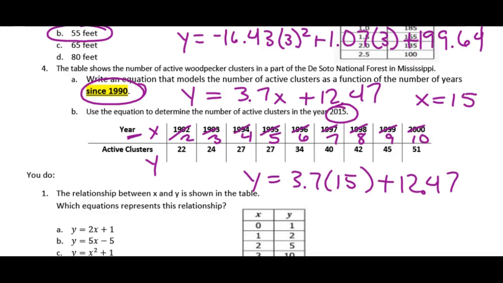So for this one, our answer would be 68. All right, you got a couple you-dos. Make sure you look for some clues as to if you're supposed to do linear or quadratic. If there's no clue, then take a look